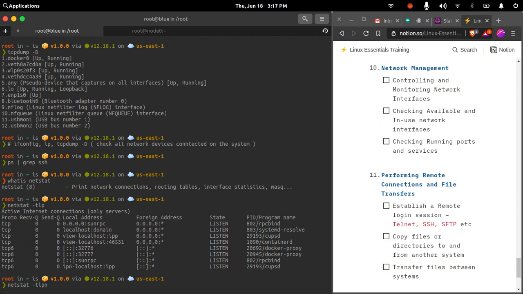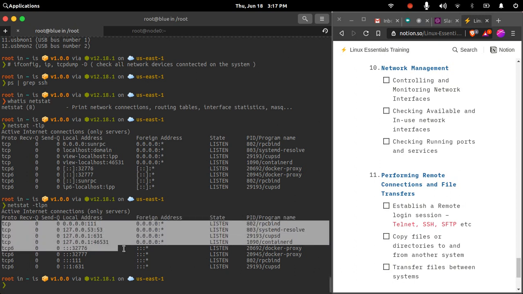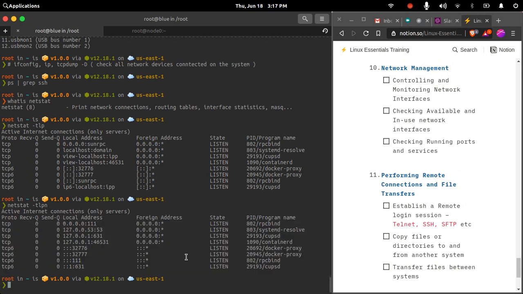With n, it will not resolve the IP address to a host name, so you will get the IP addresses directly, with no host name resolution. These are all TCP connections, since the -t argument lists all the TCP connections. These are the active TCP connections on my system, and these are all in listen state.